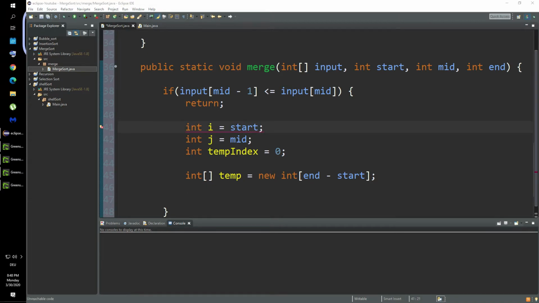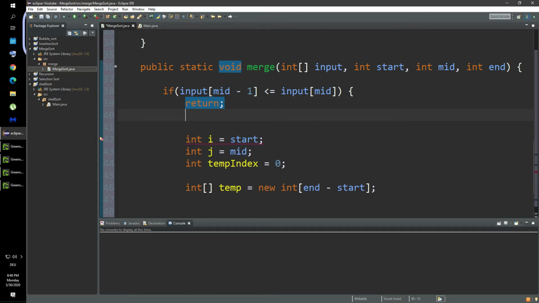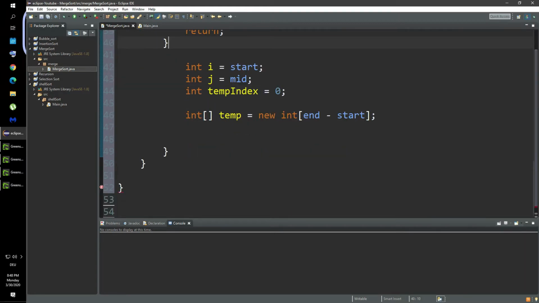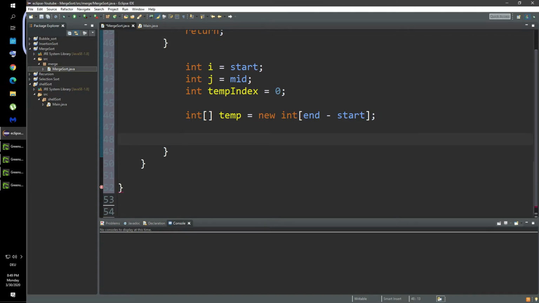And now we see here an error, and that's because I forgot the closing bracket. Exactly. Now let's go further, and this is the tricky part of this algorithm. We will say while i is less than the mid and j is less than the end, then we will open up the brackets